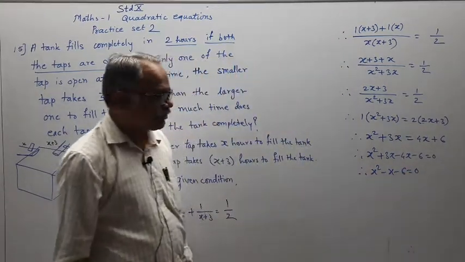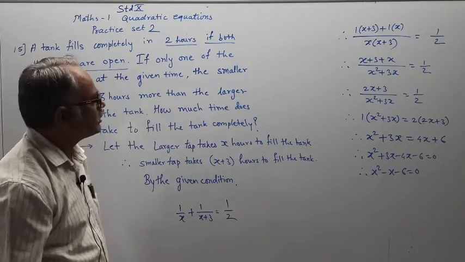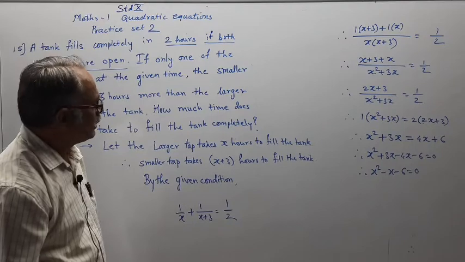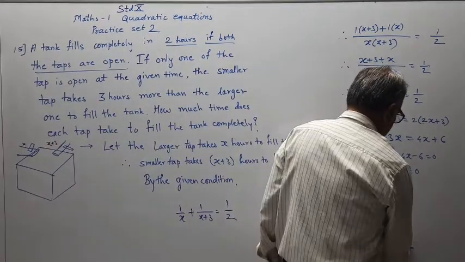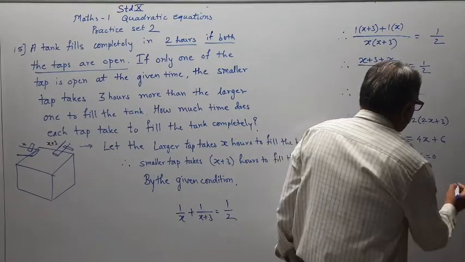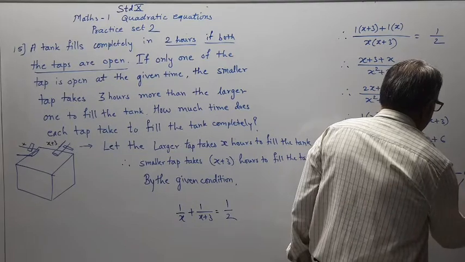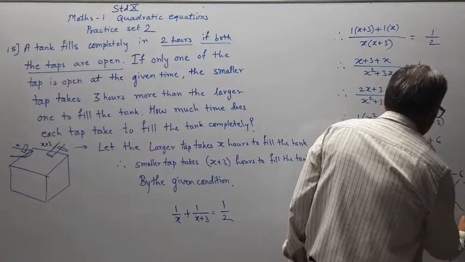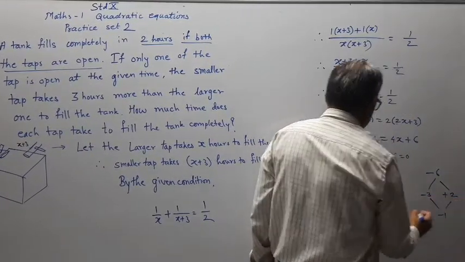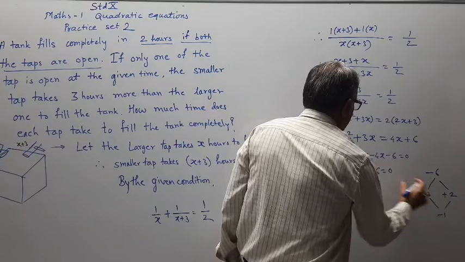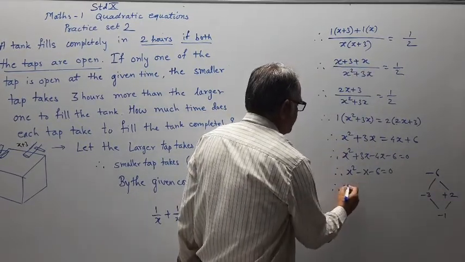Now we have to solve the quadratic equation. After doing so much work, we get the quadratic equation, 1 mark. Now for the remaining 2 marks, we have to solve this and write the answer. As the product is negative, the greater will take the middle term sign, the other will take the other sign. Total we want minus 1, so minus 3 and plus 2. Using variable X, minus 3X and plus 2X, you have to write and split the middle term.